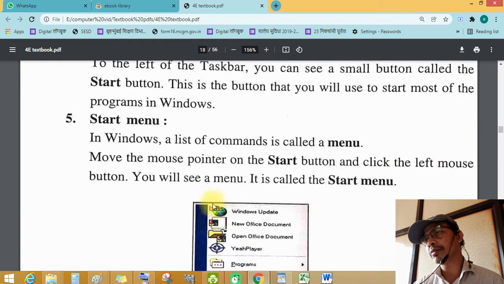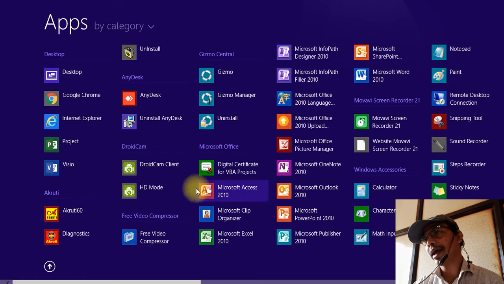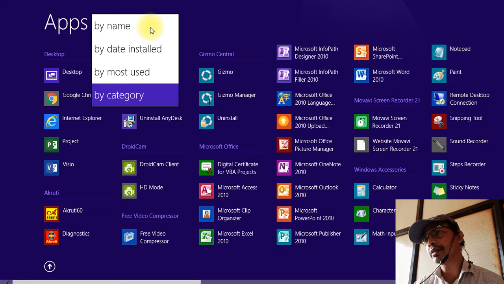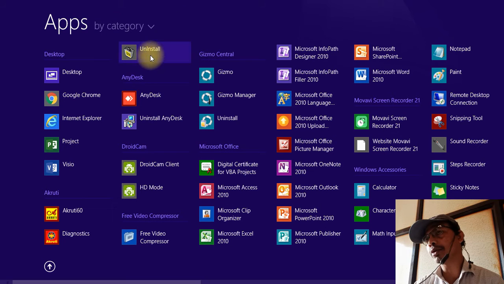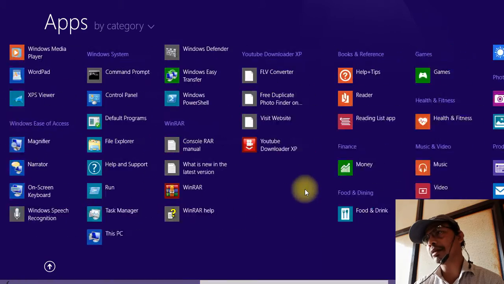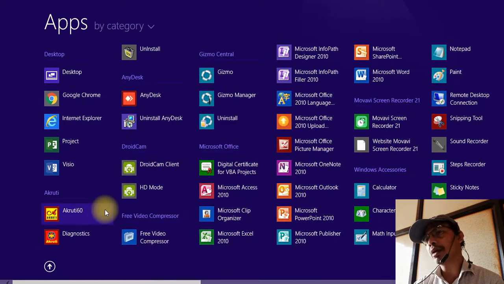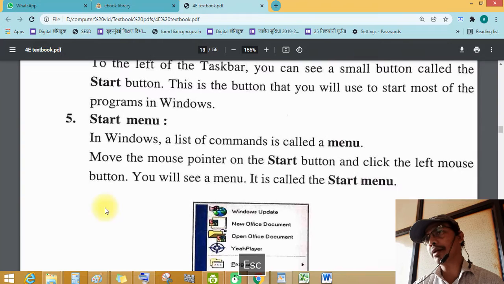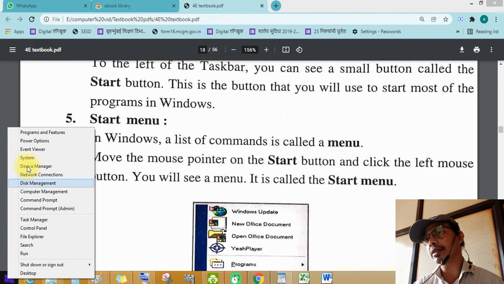Now the start menu. See this, there is no start menu here, there are apps directly, by categories, by names, by date installed and most used. You can select this list also. Now see this escape button. I am clicking here on the start button, right click.